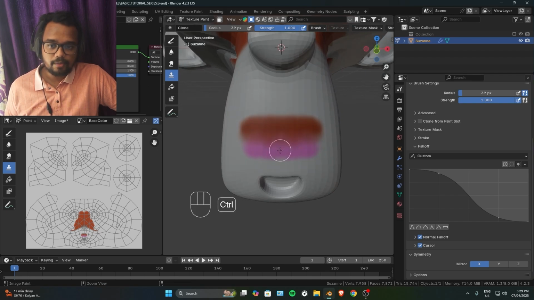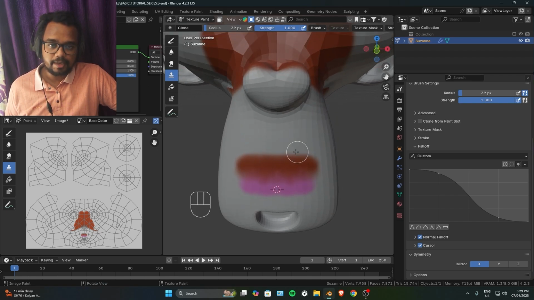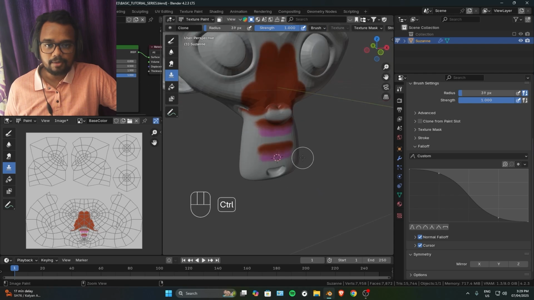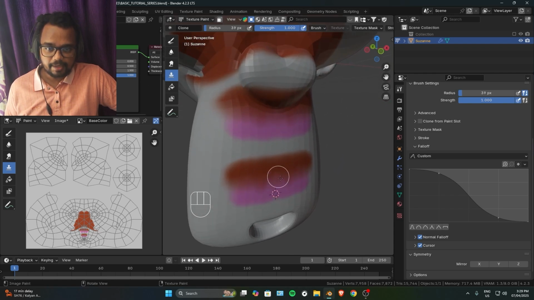So if I now hold down Control and left mouse button, click over there, you'll see it will start sampling. As soon as I click my left mouse button, it is going to start sampling from over there. And if I go up like this, wait, let me just turn on my symmetry real quick. Okay, now if I hold down left mouse button and start painting, you'll see that it is sampling from that point, and it is creating this same clone effect from bottom to top like this. So whatever we painted below is now exactly painted on the top, same exact details and same